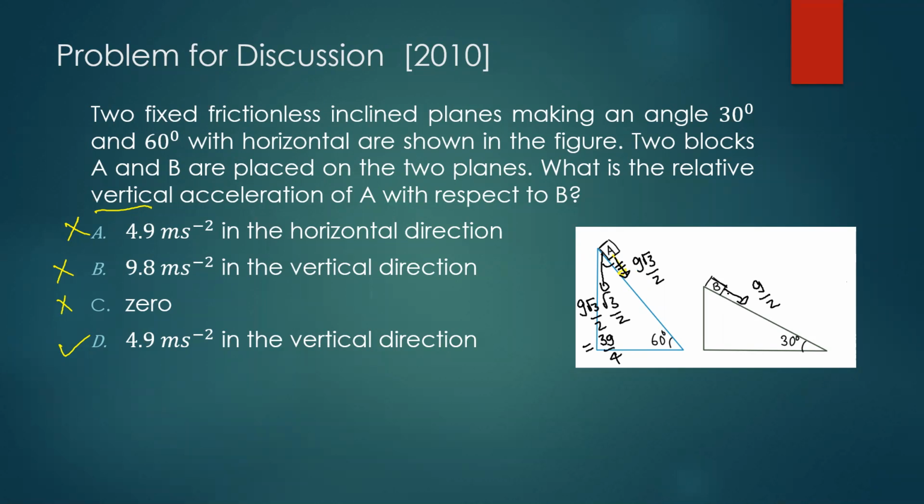So we will get 3g by 4 here. And then if I take its vertical component, this will be 60 degrees now, so it will be g by 2 cos 60. Cos 60 is another half, so I'll get g by 4. Now the relative acceleration will be the difference of them because they are pointing in the same direction. So 3g by 4 minus g by 4, I'll get 2g by 4, which is g by 2. So looking at the options, g should be 9.8. So D is the answer. Very good.